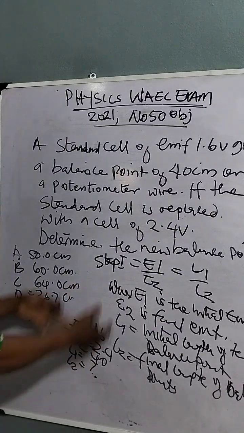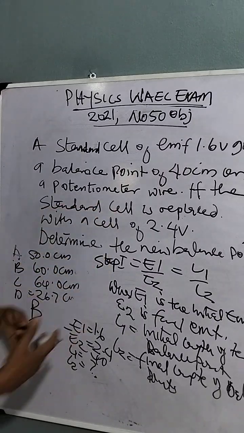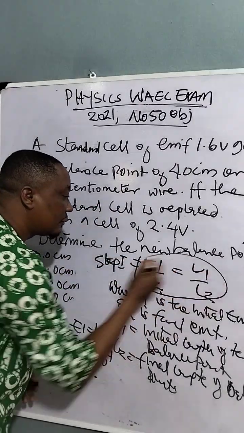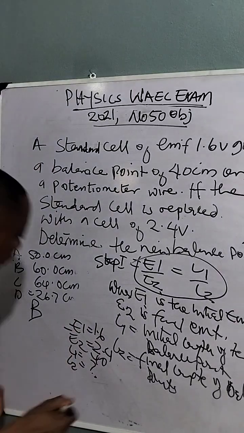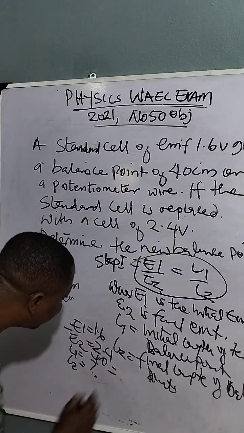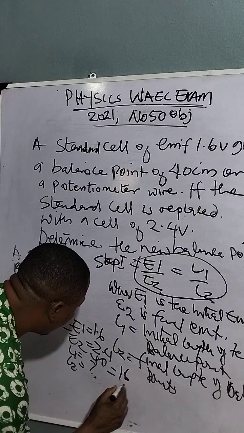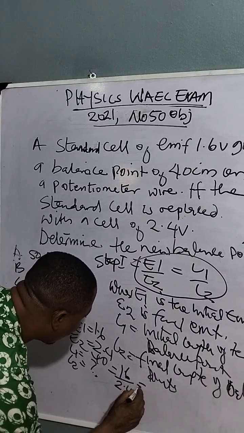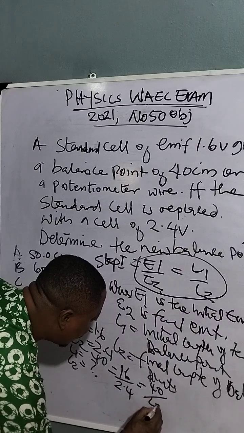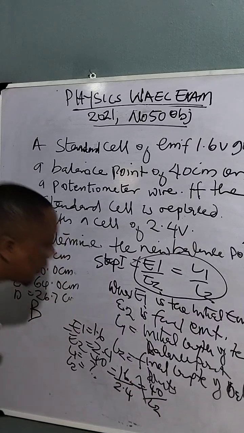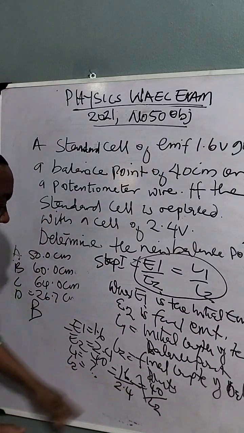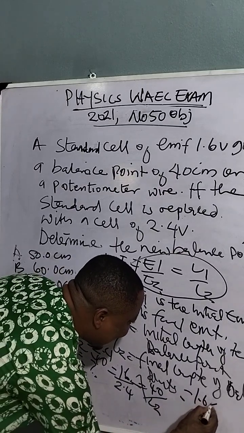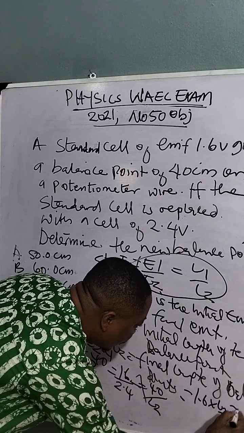By selecting this, you have already understood the question and brought out the right formula. So you can substitute these values into this formula. Let's work together. We now have 1.6 all over 2.4 equals 40 all over L2. What you do here is cross multiply. This will give you 1.6 times L2 equals